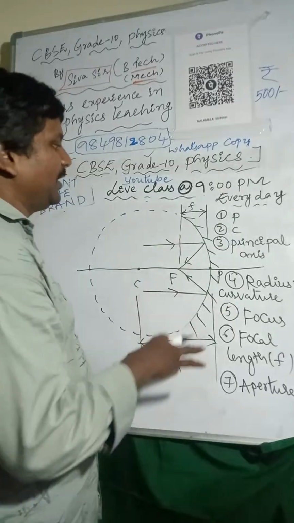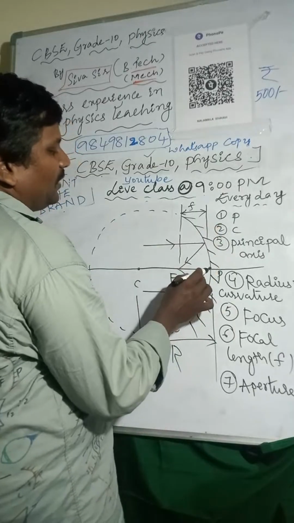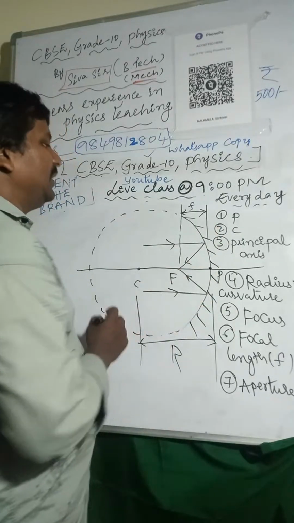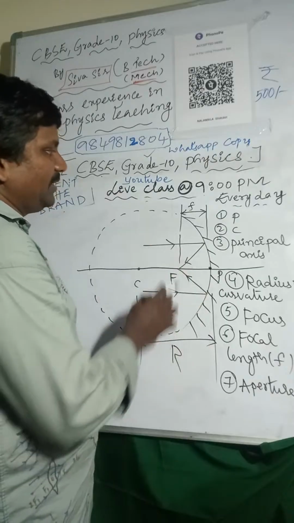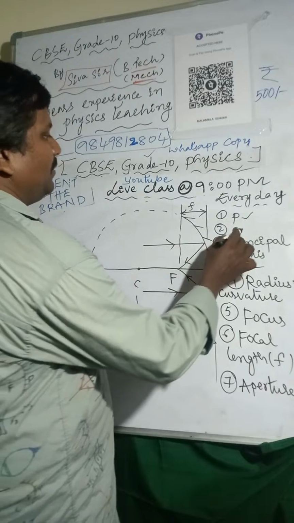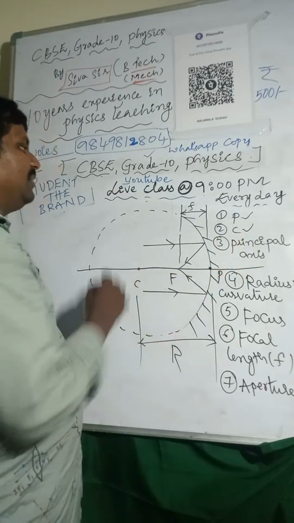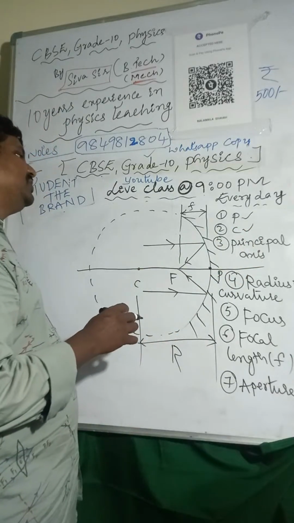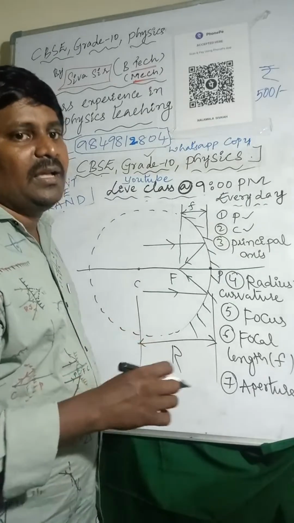So come to the point. Pole is nothing but the midpoint of the mirror. The midpoint of the mirror is called pole. The center of the imaginary sphere in which the mirror is a part is called